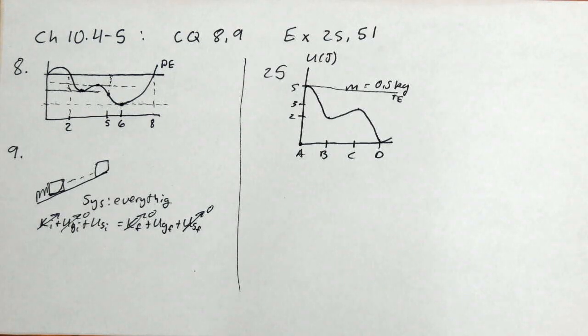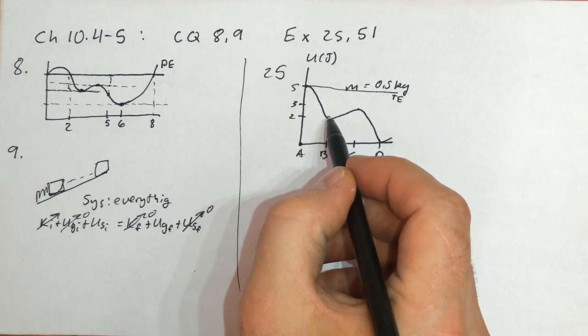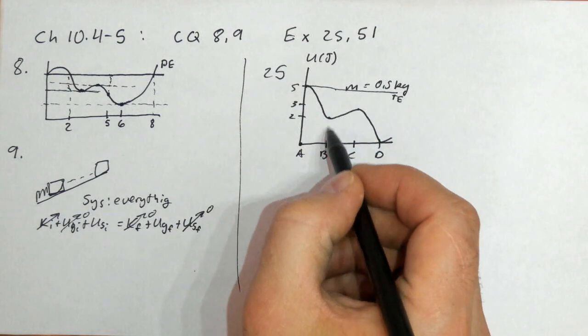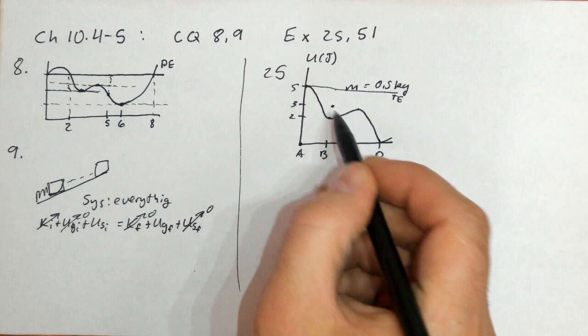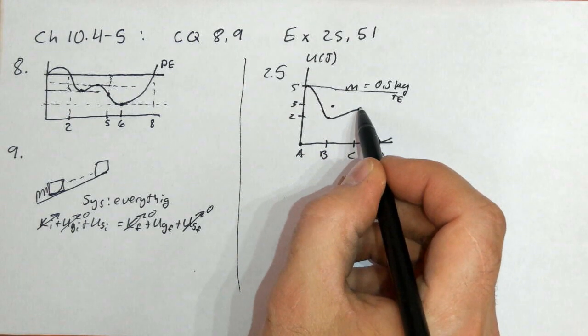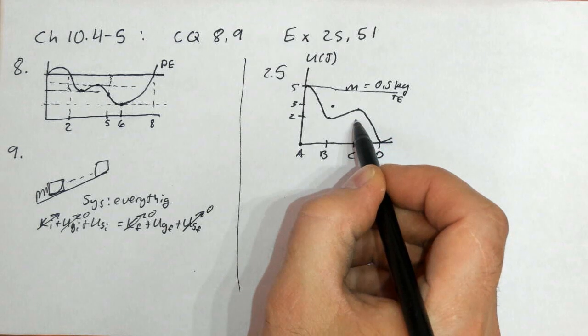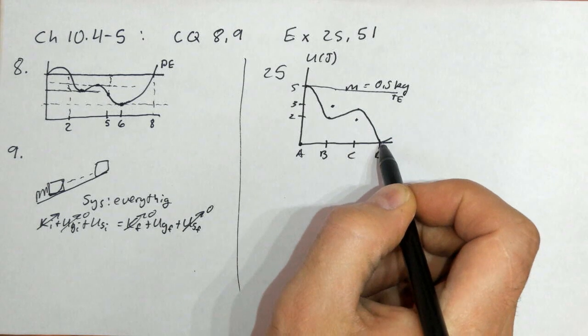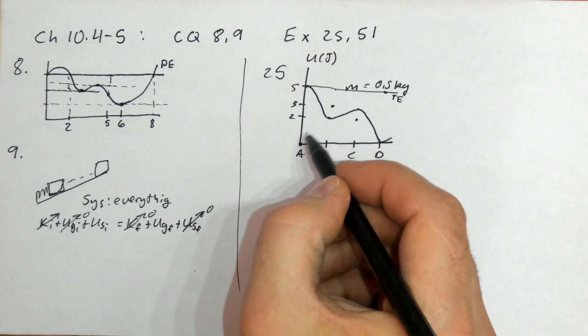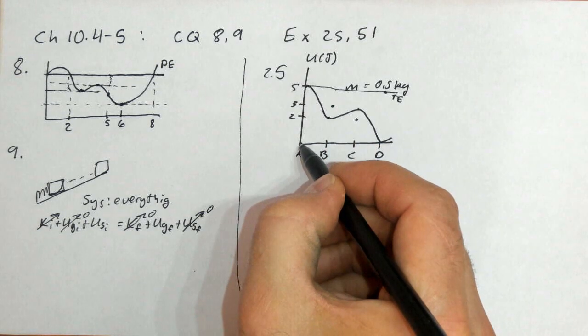What happens at B? Well, that's the difference between these two, a difference of 3, so I'm going to be up here. What about at C? It's a difference of these two, a difference of 2, so I'm going to be right here. What about D? It's a difference of 5, so there's no potential, so it's all kinetic. So I get something that looks like